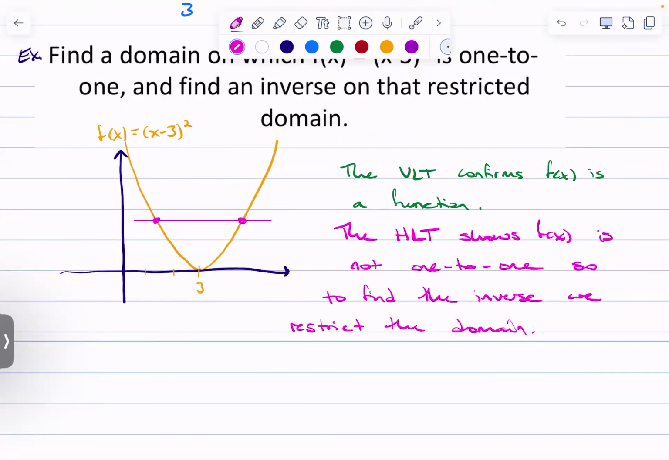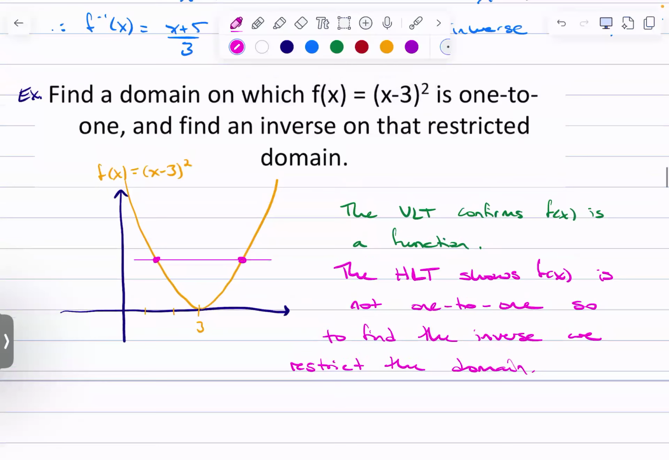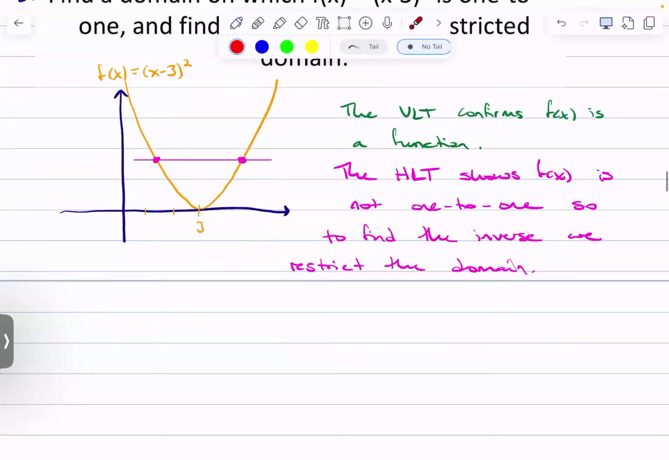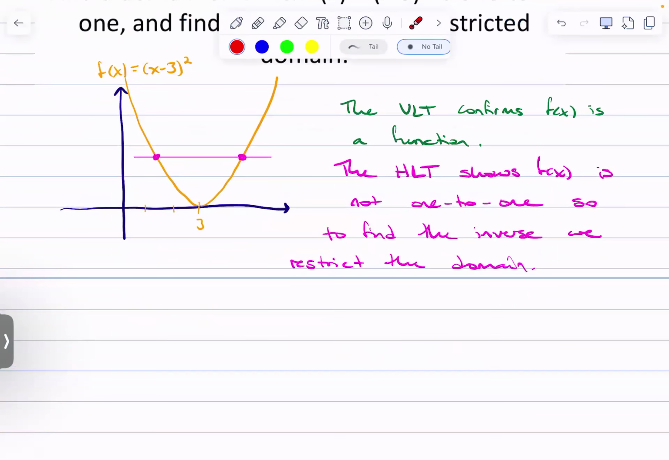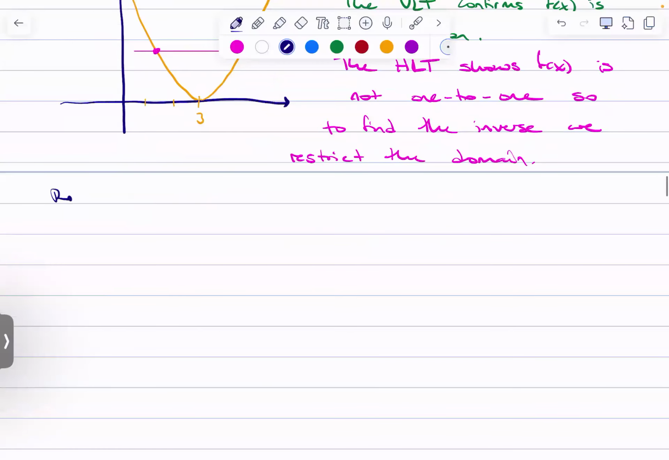Now we've got a couple of options. So here, find the domain on which this function (x − 3)² is one-to-one, and then find an inverse on that restricted domain. And so we're going to pick a domain first, and then we'll find the inverse. I wouldn't say small, but it is an additional step that we need to do, restrict the domain. So we've got some options. So for our restricted domain,